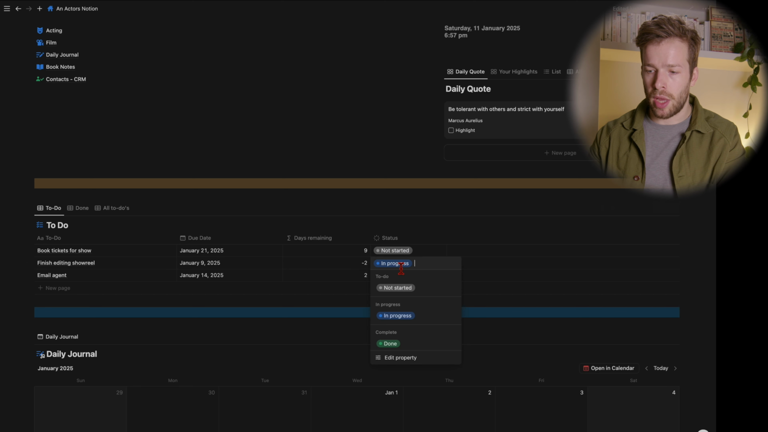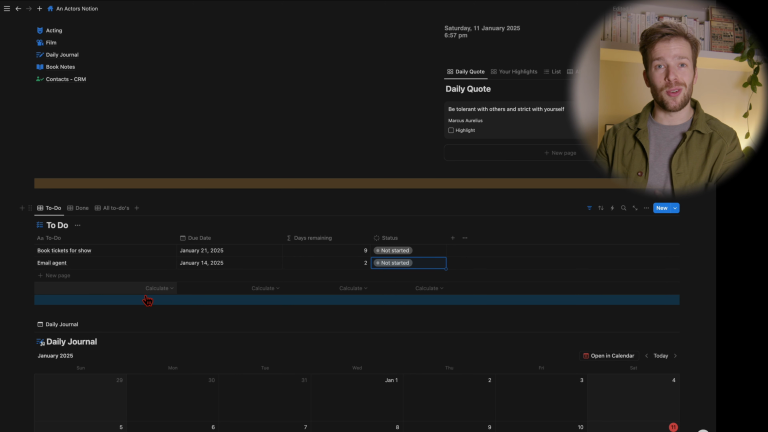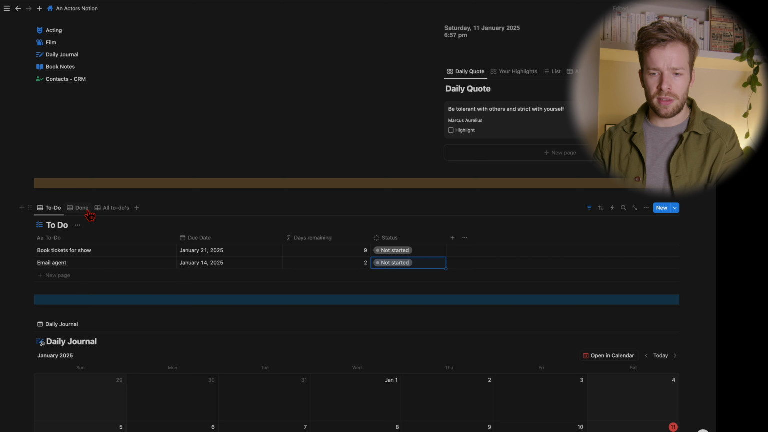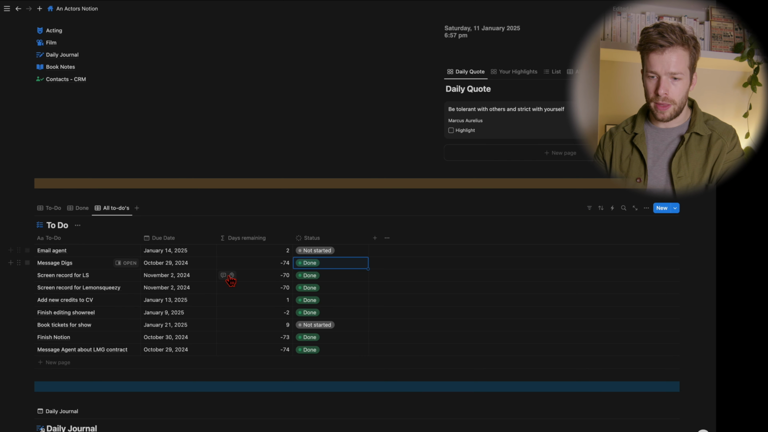So I could focus on that this day. And once I've done it, I would hit this status tab, scroll down to done, and it disappears. Now, if I want to see all the to-dos that I've done just to feel good about my life, I can go up to this view tab up here that says done, click on that, and then we have all of our done tabs. If you want to see all the to-dos, you can come to the tab that says all to-dos. It shows you all of them. And if you want to navigate back to to-do,